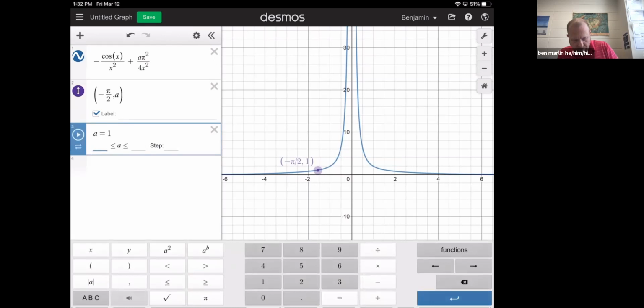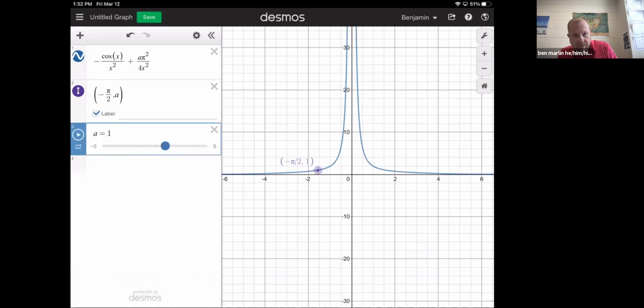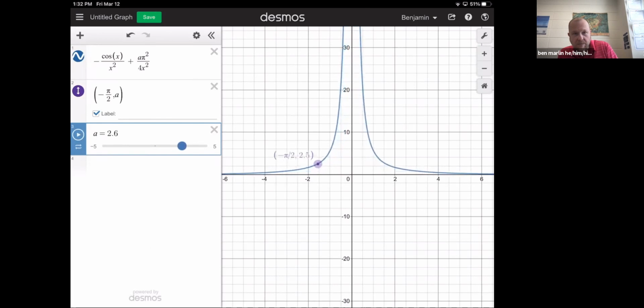And I'm going to just tell it to go from minus 5 to 5, so I have a little bit more control about it. So, you know, as you push the a in the positive direction, you can see that it's doing that. And as you push it down here, there's a certain point at which it just suddenly flops